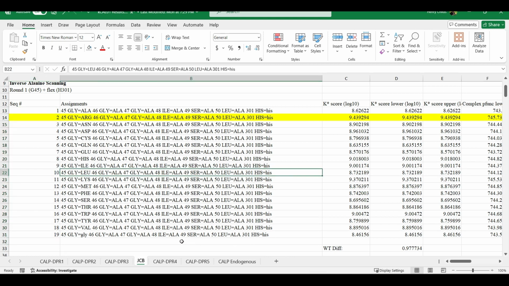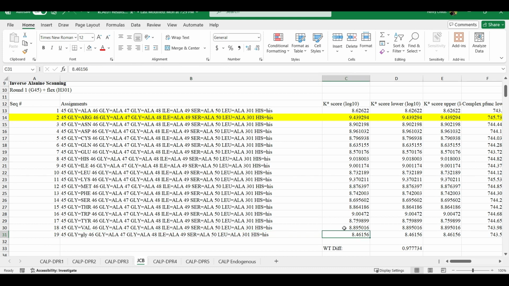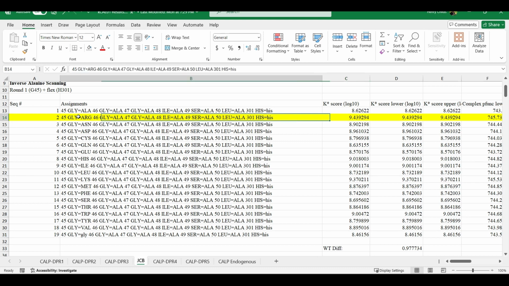We are looking at the wild type. So if we look for the wild type, it's 45 here. Note again, this is lowercase, and all the mutants are in uppercase, so glycine, valine, tyrosine, all these mutants are uppercase. Our wild type conformation has a predicted binding affinity, a K-star score, of 8.46. And our mutant has a K-star score of 9.44, and that is for the mutant arginine. I've highlighted this in the Excel sheet, and we'll repeat this process for the remaining residues